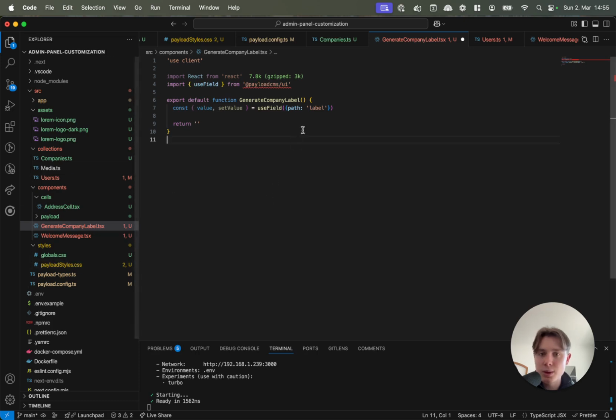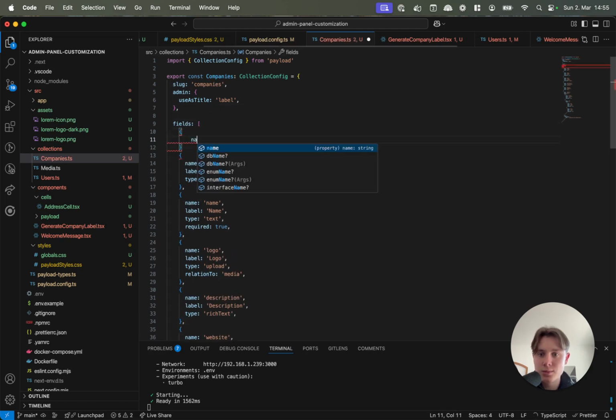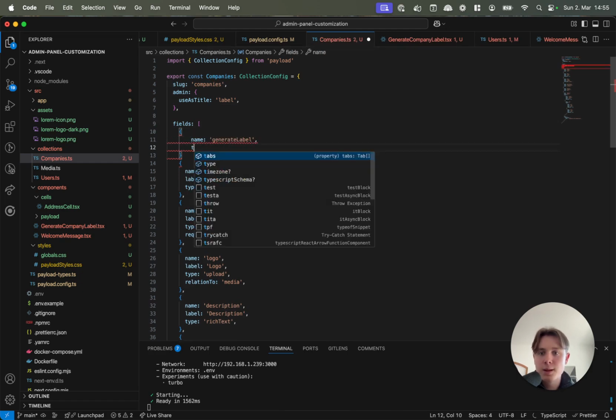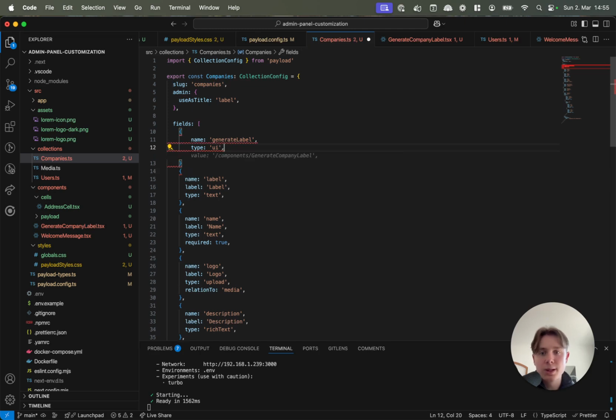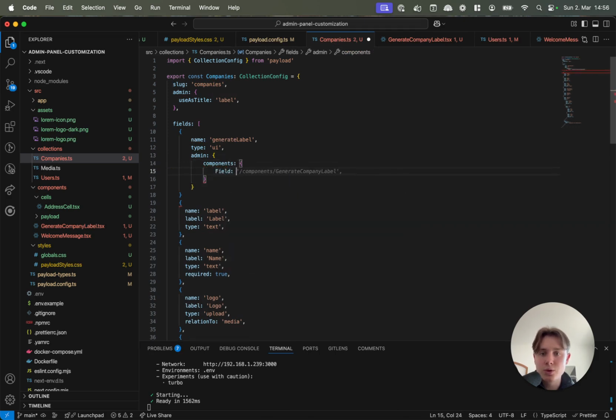So the way that we use this, to be honest, this doesn't do anything right now, but I wanted to import it straight away. The way that we use it is in companies, I will add a new field. So name, we can give it generate label, and the type will be a UI component. That means it doesn't create any new field in the company schema. It's just there to be able to import those custom components. So I'm going to say components